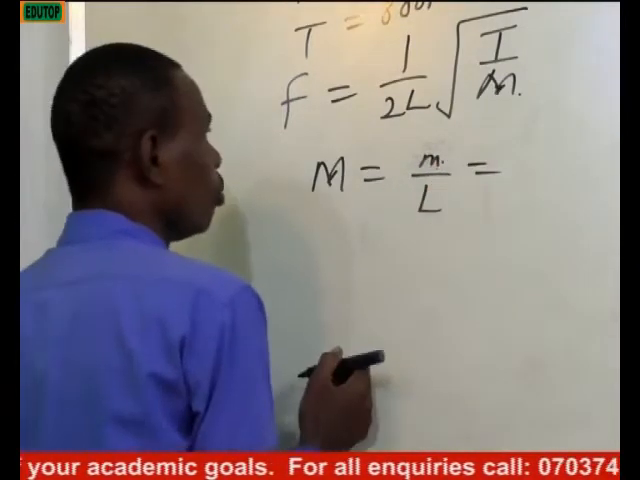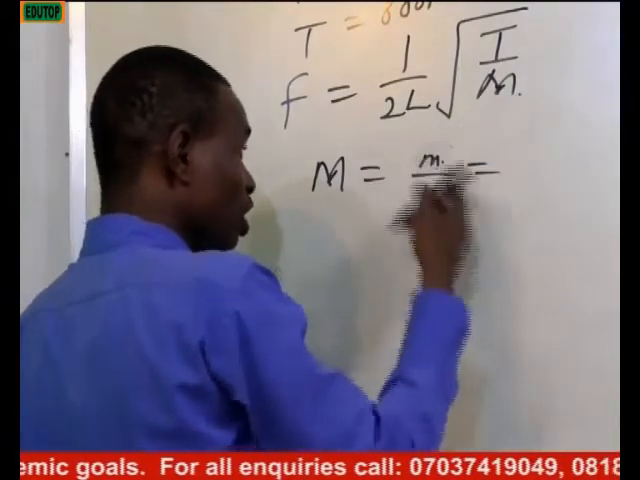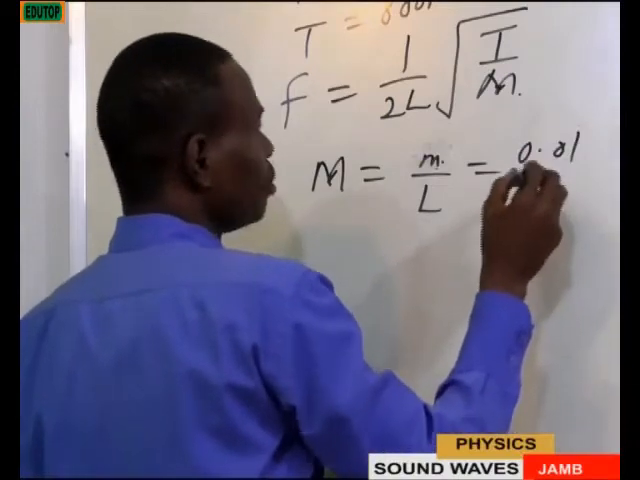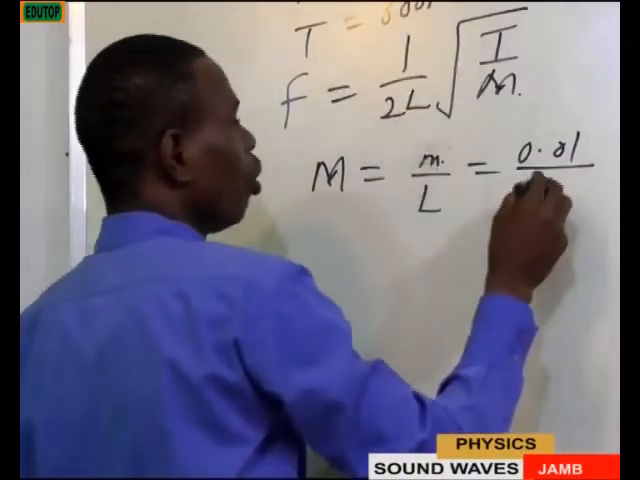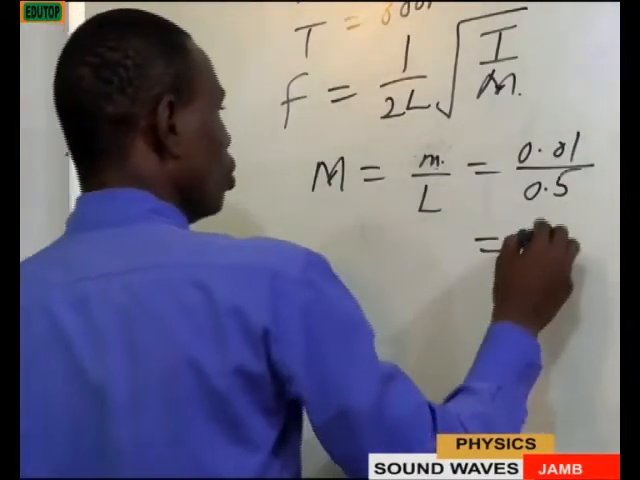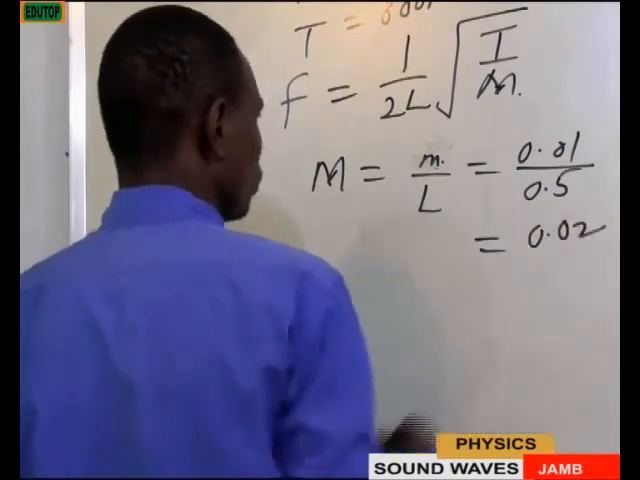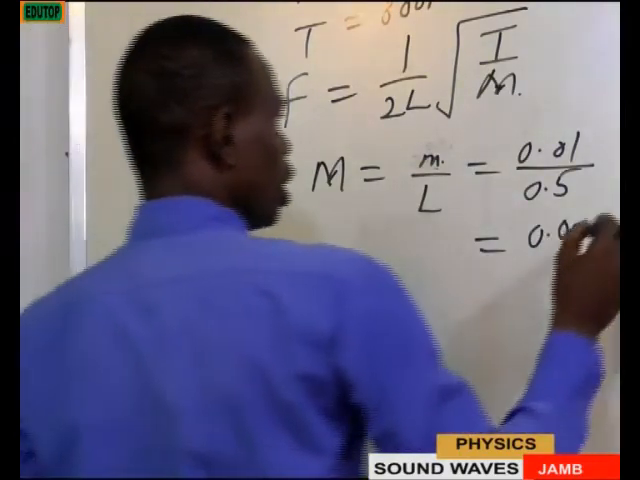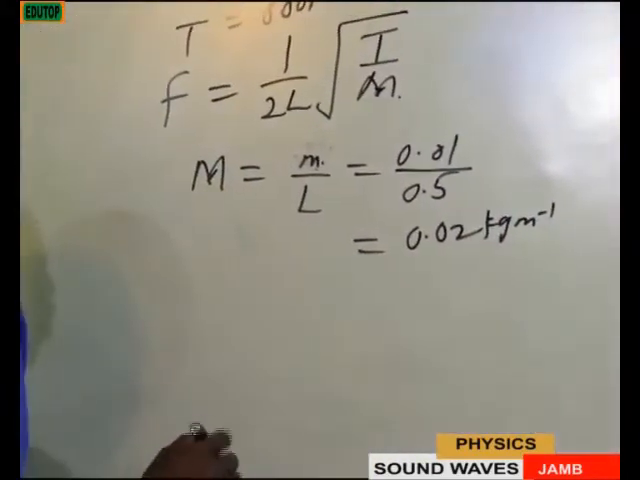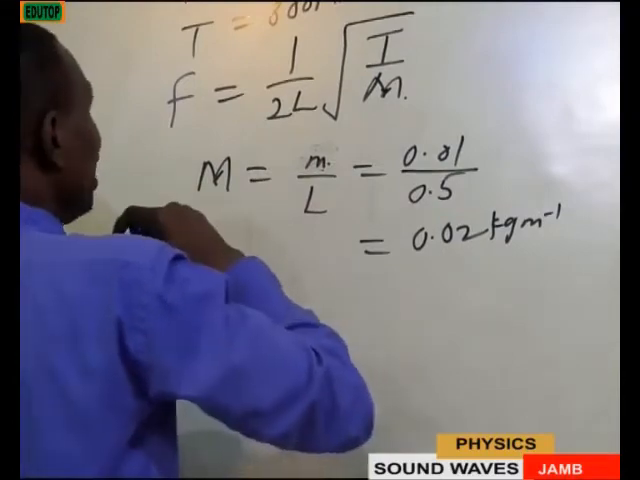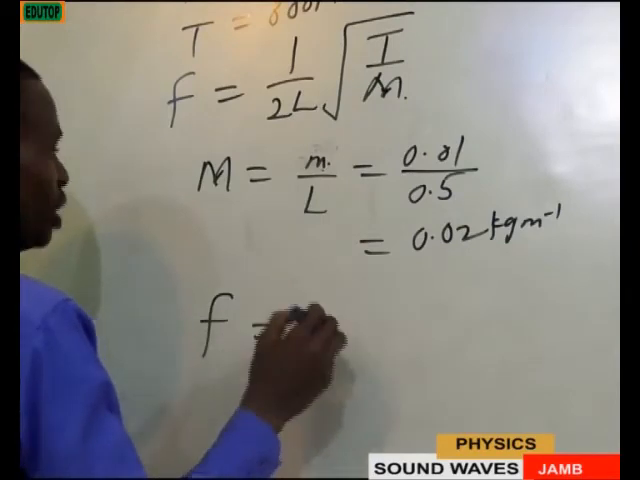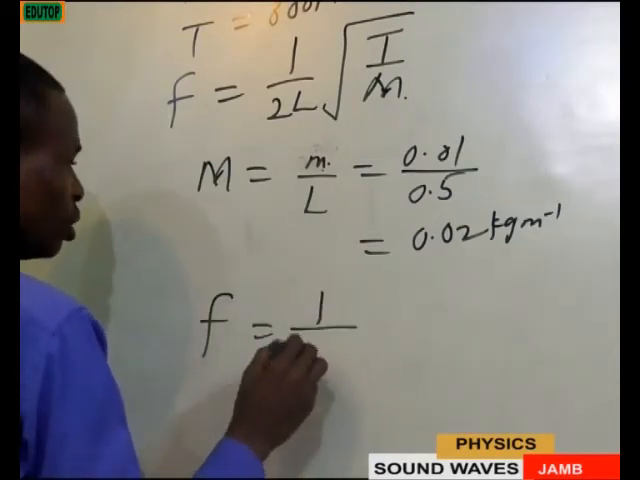So this will be equal to, because we have to calculate the value of this using this, we are given the mass, which is 0.01, divided by length, 0.5. And that will give us 0.02, and that is kilogram per meter. That's that. The next thing for us to do is to calculate the fundamental frequency, which is equal to 1 divided by 2 times